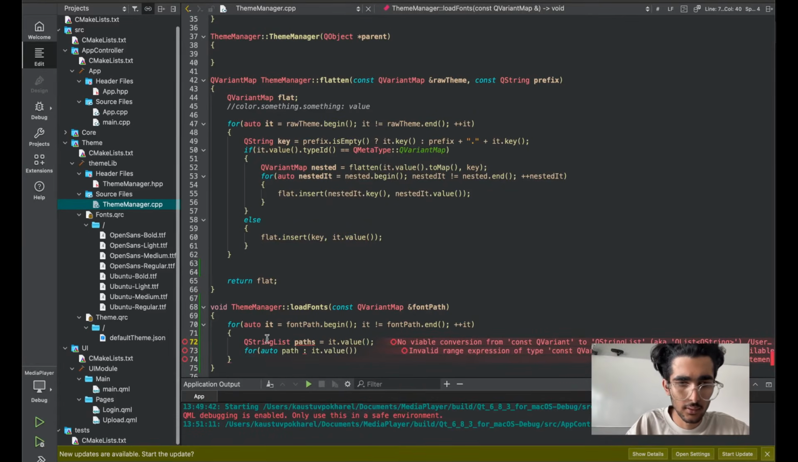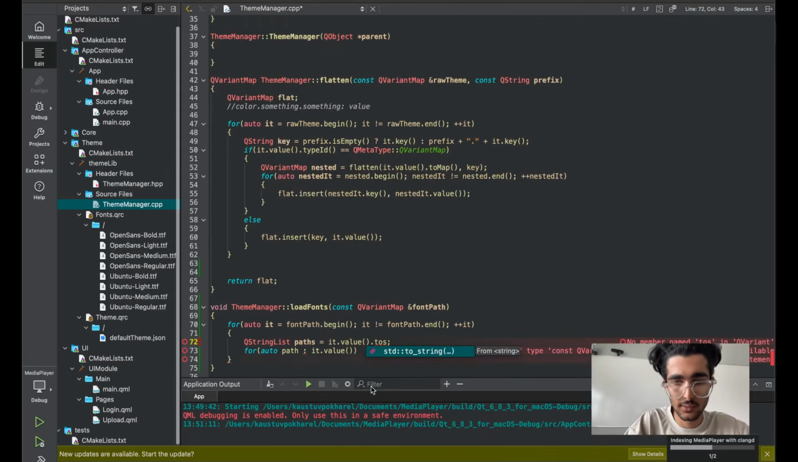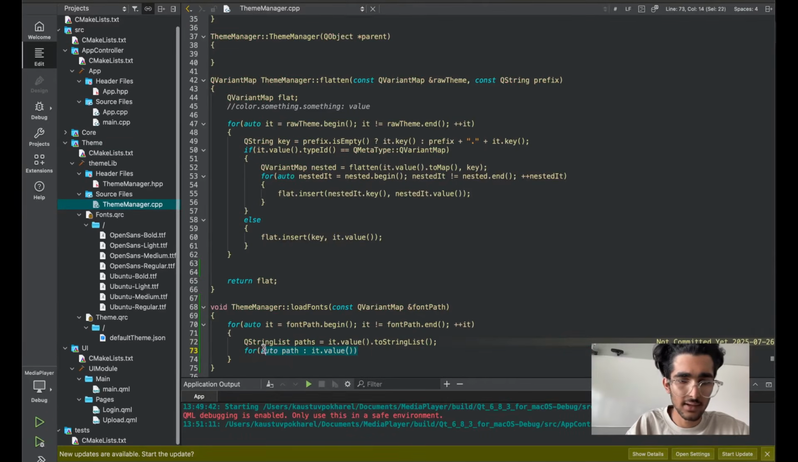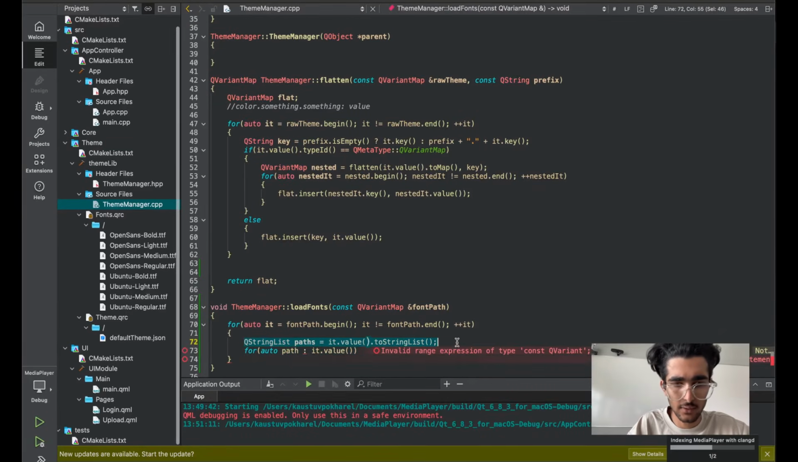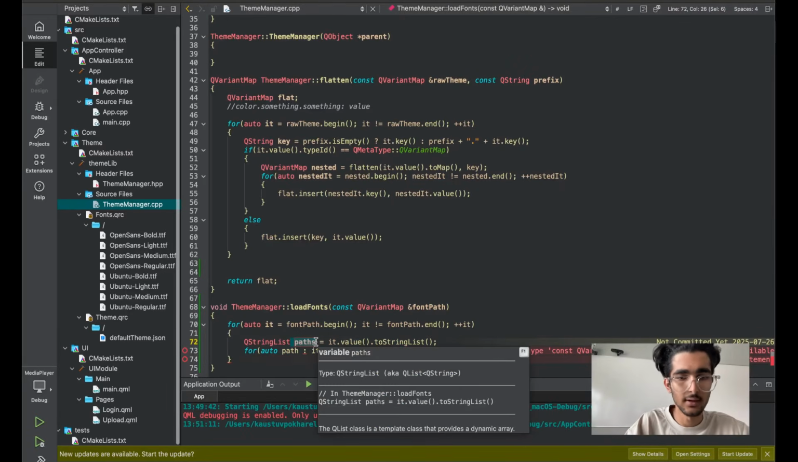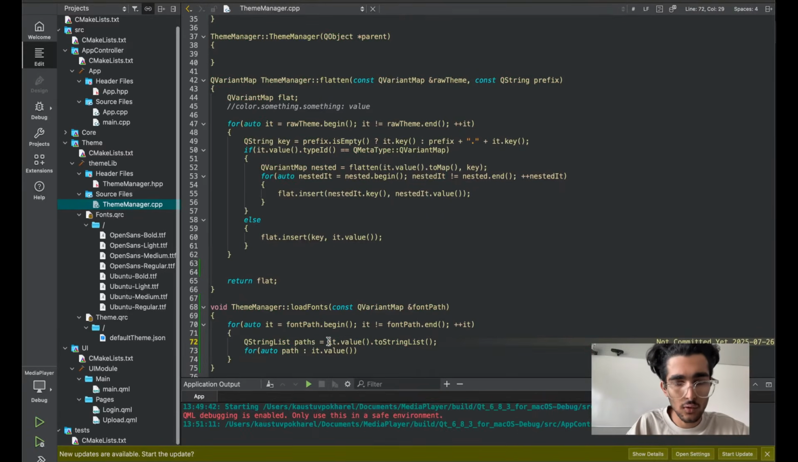Perfect. List is the value, and I'll convert this to string list. Now what are we saying here? Let's just see this part. Okay, we're saying we created this paths variable, and we're saying iterate over it and then find a value, and